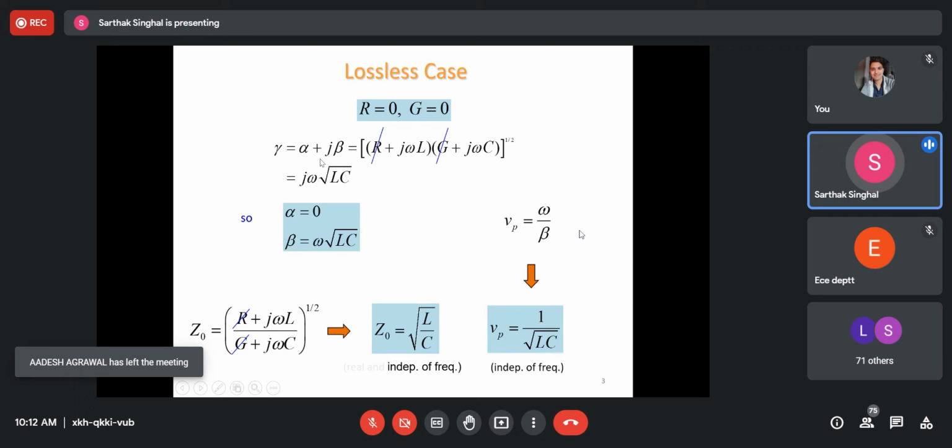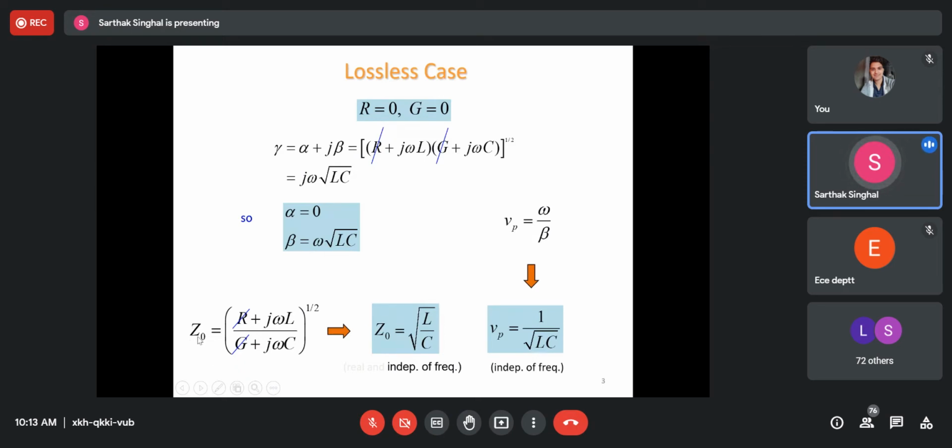Only the phase constant will be there. So in that case, the power content of the transmitted signal and the received signal will be same. Okay, and we calculated the value of the phase constant, and by using these equations we calculated the value of